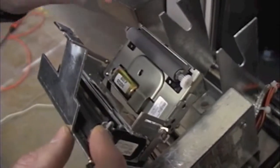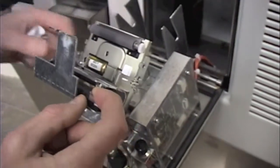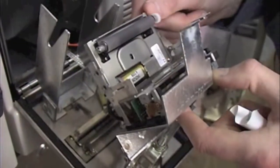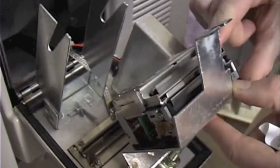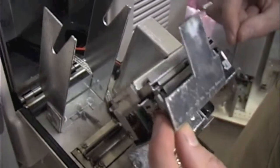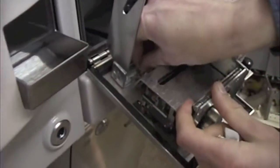The main area to look for paper is right behind the black roller and on the other side on the thermal head itself. If everything looks clear, the printhead can be closed and the bracket can be put back in place. The next step is to secure the retaining screw